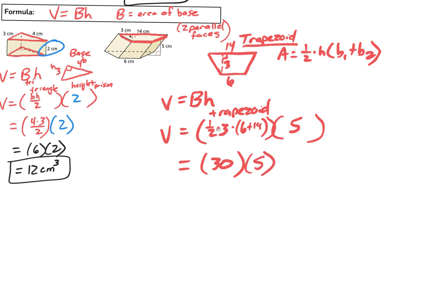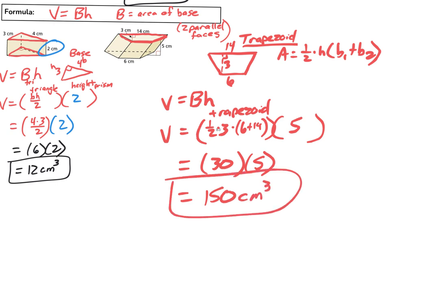Okay? But you got to break it up into smaller parts. Don't try to do too much. Don't try to do it without writing it out. And then it's always cubic centimeters. So you're going to see a lot of different types of prisms today. That's just 2 examples, okay? My bases are going to change. That's what you got to be able to identify. That's why we kind of gave you a weird one, the trapezoid, because